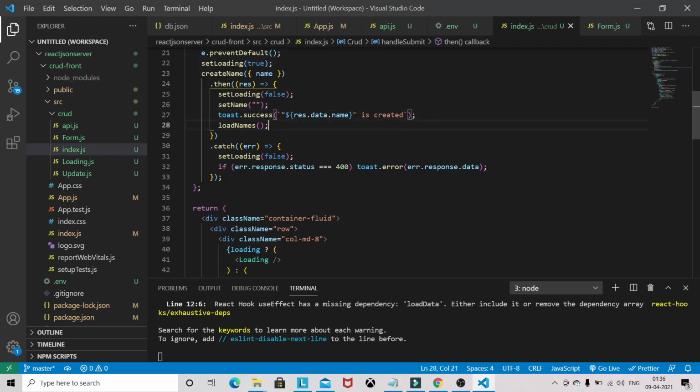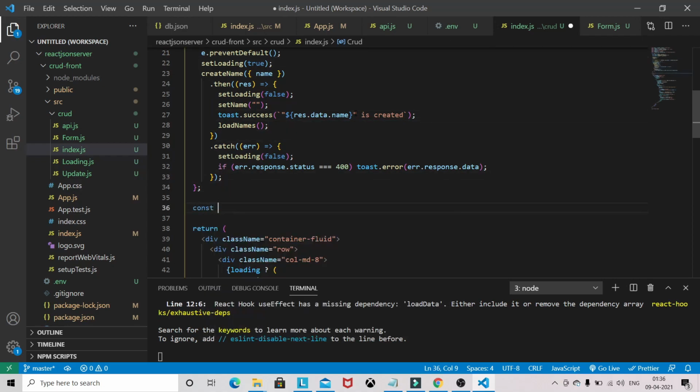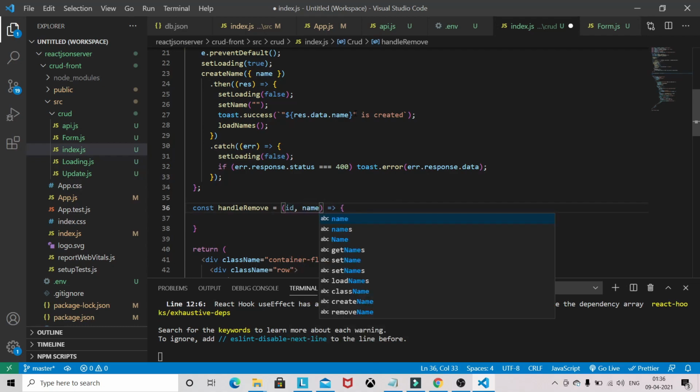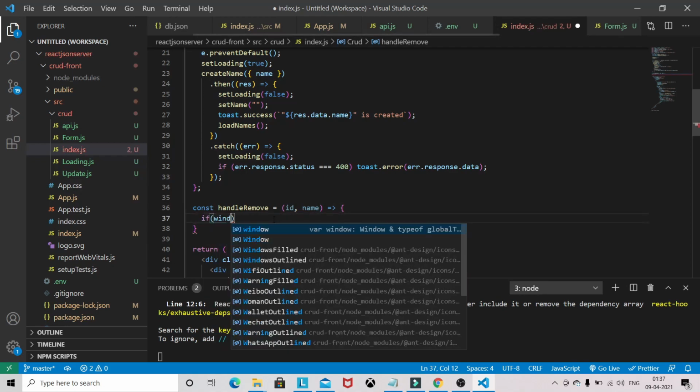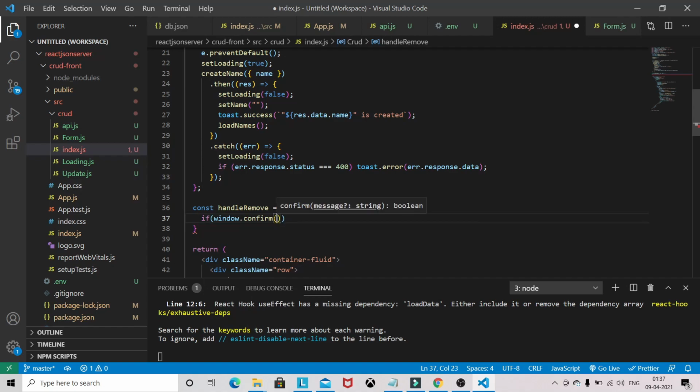Okay, so I will define here handleRemove. We are passing two things, ID and name, and if window.confirm, so you can make one like, are you sure you want to delete?